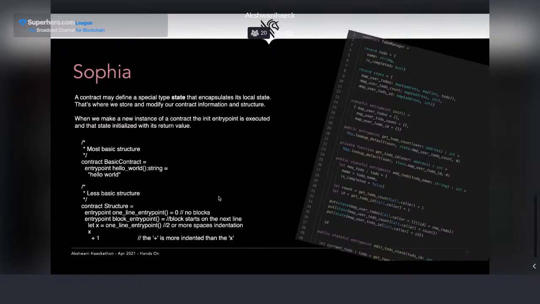I will have another special entry point, the init, that will start up my main structure and my state.